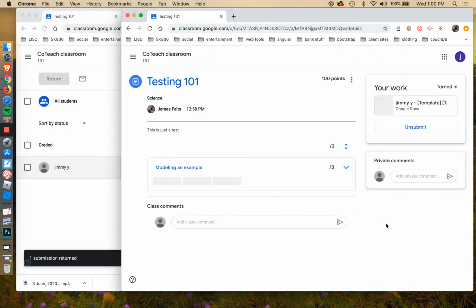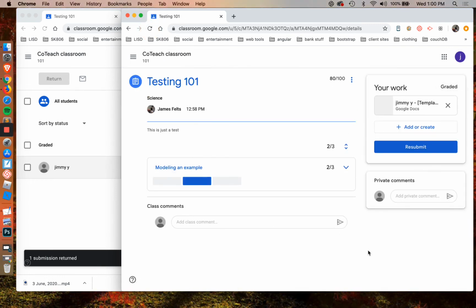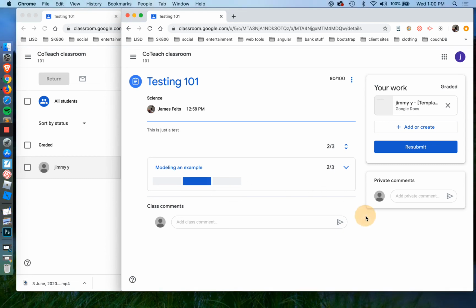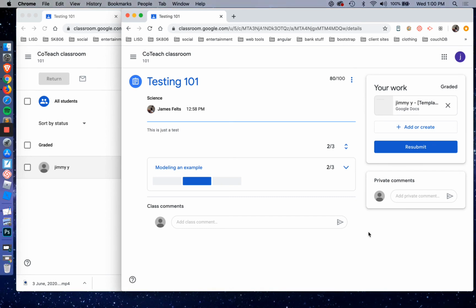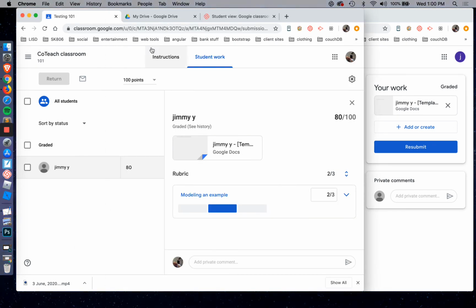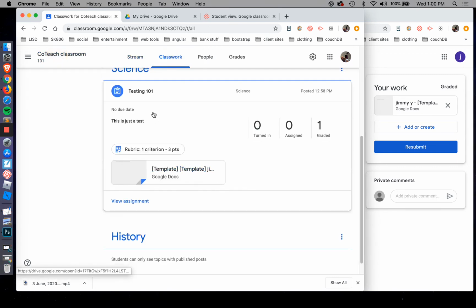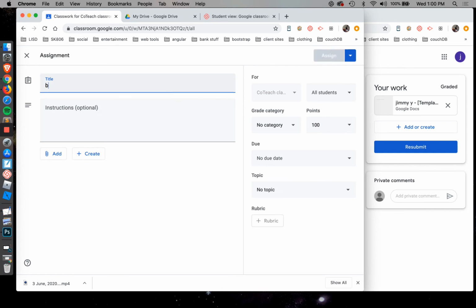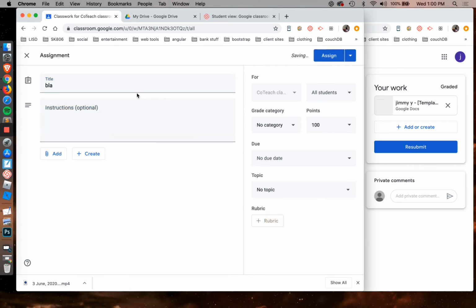So on the student end, I come over here. We're going to see how it communicates. Okay, sweet. It gave him an 80, and it shows him that he's efficient, 2 out of 3, not bad. He could resubmit it, but this was a presentation, so probably not. All right, so that's basically the breakdown on how we can update the rubric